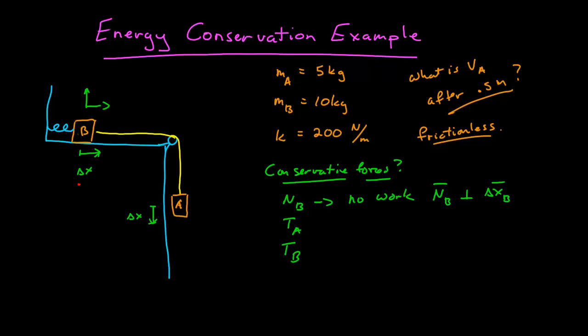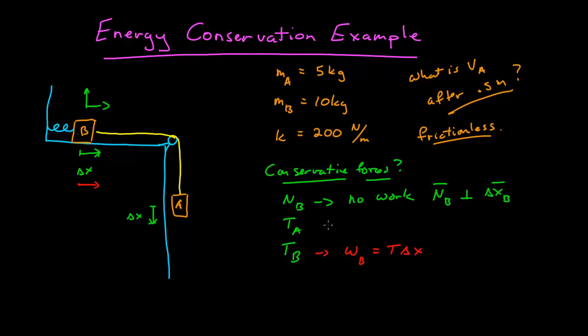The tension on B is pulling in the direction of the motion, and so there's going to be some work done by the tension on mass B